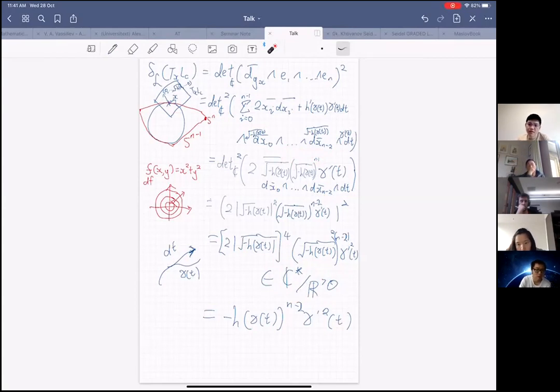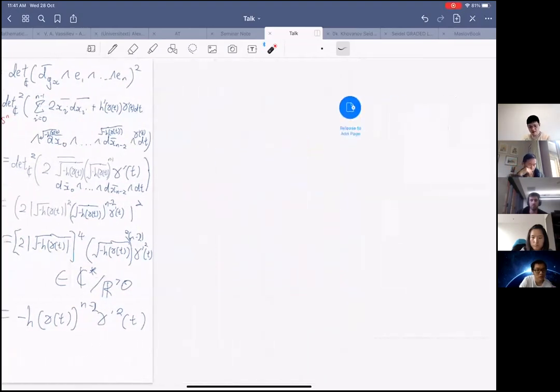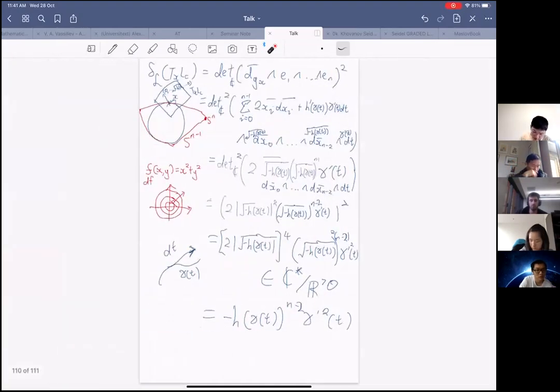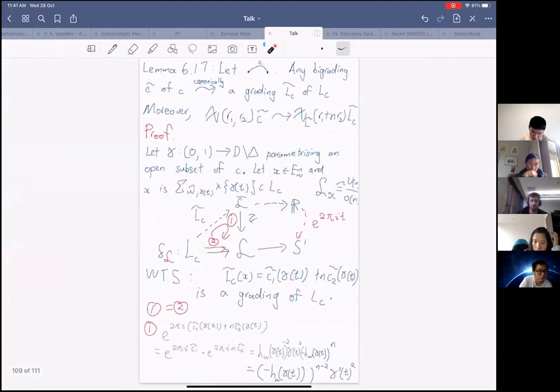So you mod out by the real numbers. Then this number here